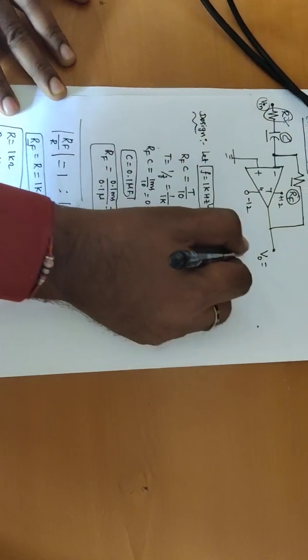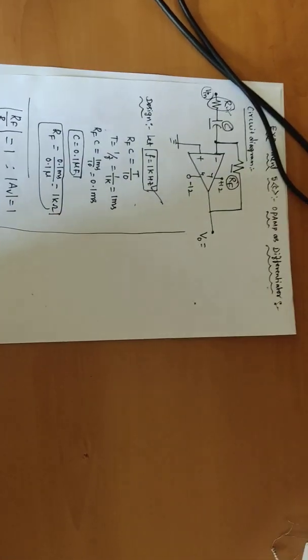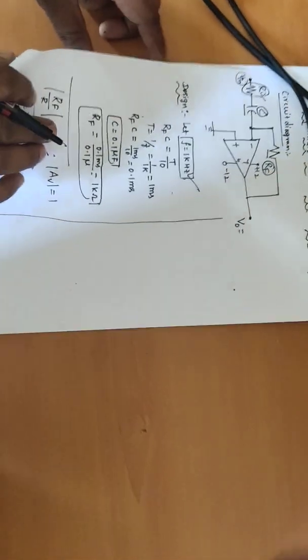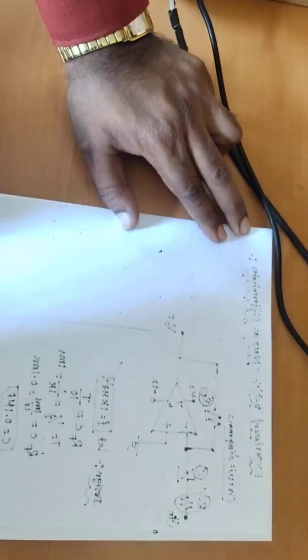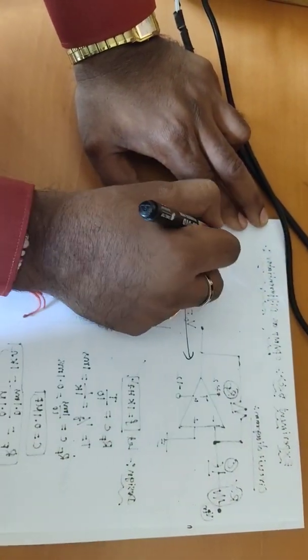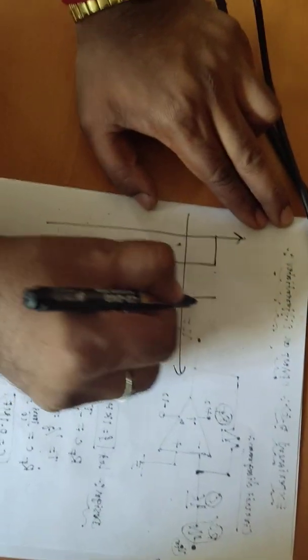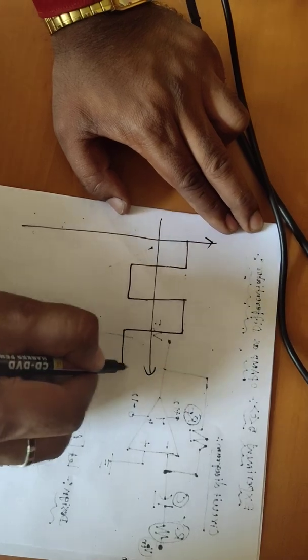Now let us see the output voltage signal by considering the specific input voltage. Now we are going to verify the output voltage of the differentiator circuit, by considering first the input as a square wave with peak to peak value 4 volt. So I will draw two complete cycles.